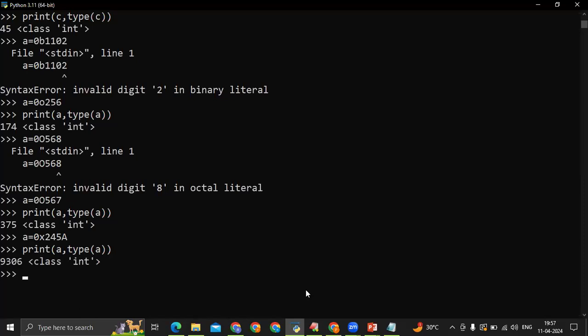Got it? Now, let me write a is equal to 0x BW. Now, print a, got the output. Now, as the student asked me how the conversion takes place,